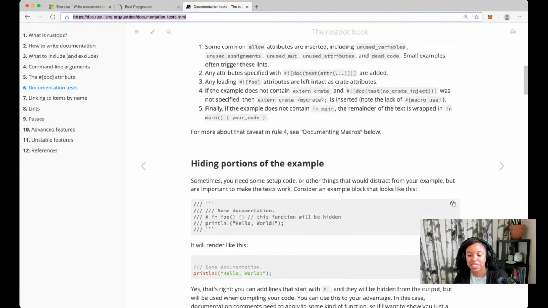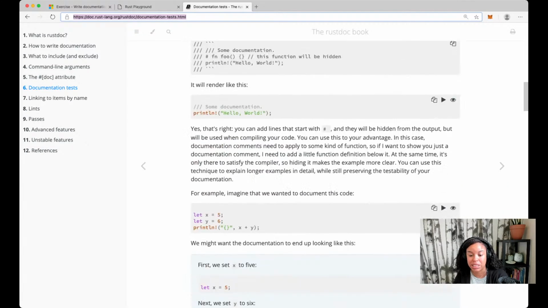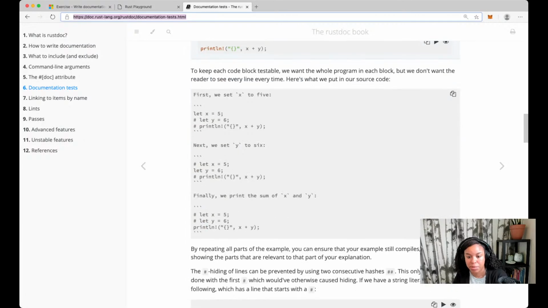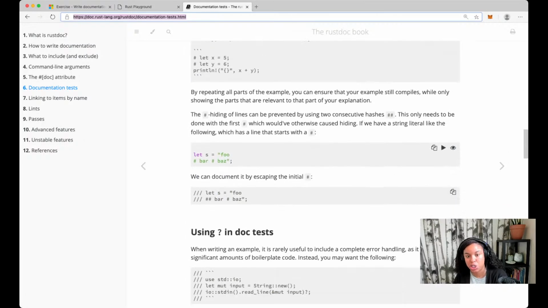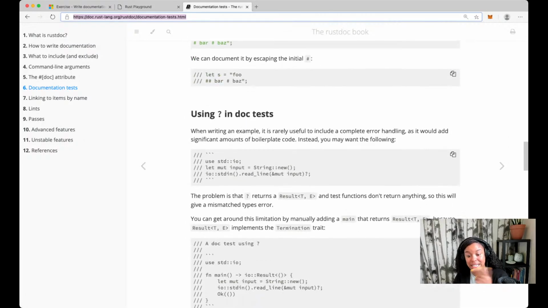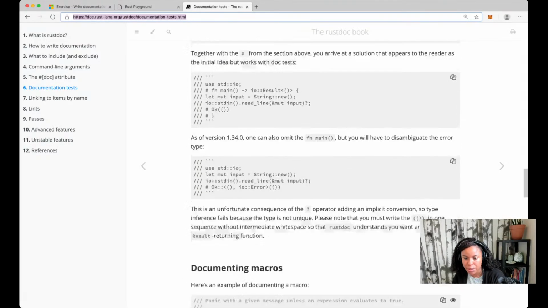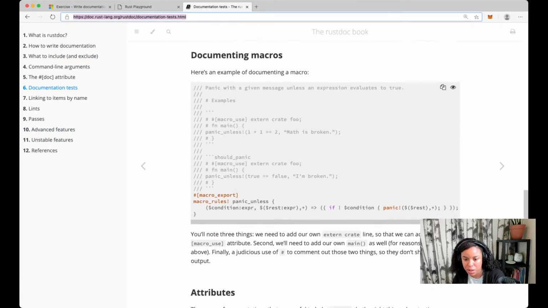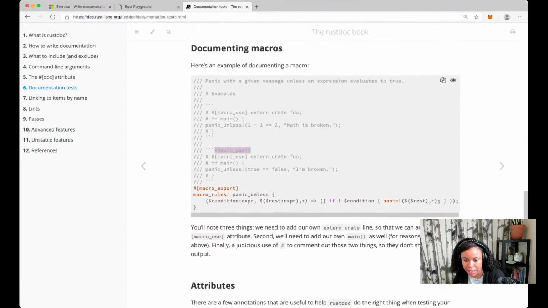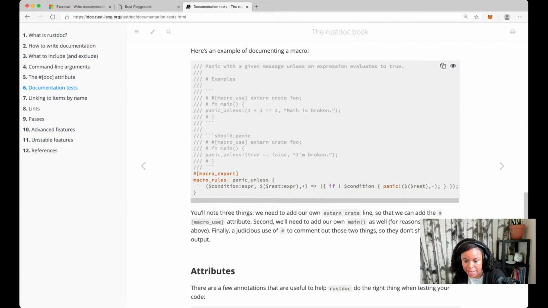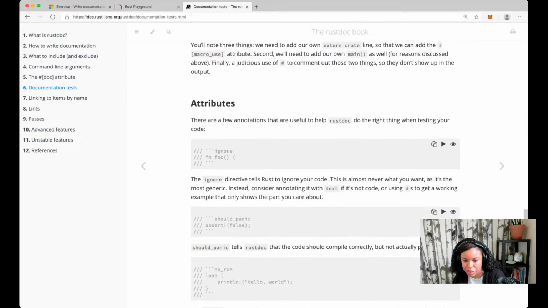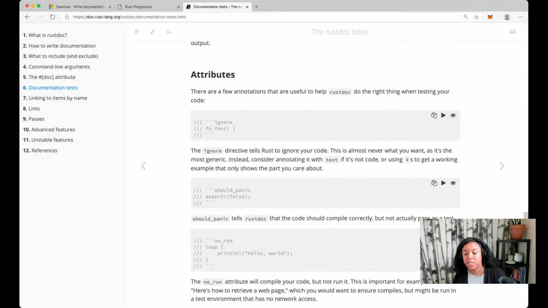I think the thing that I'm specifically wondering about is using specific attributes and how to define the panic message that I want to expect. There is more information in here in general. So I do see should panic, panic unless attributes. Okay, and here's an example of more attributes that might even be helpful, like the unit